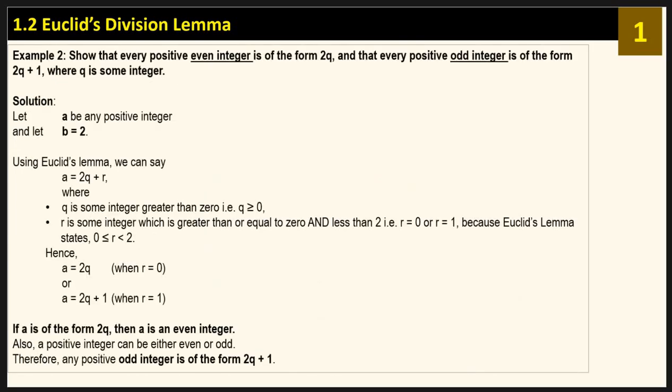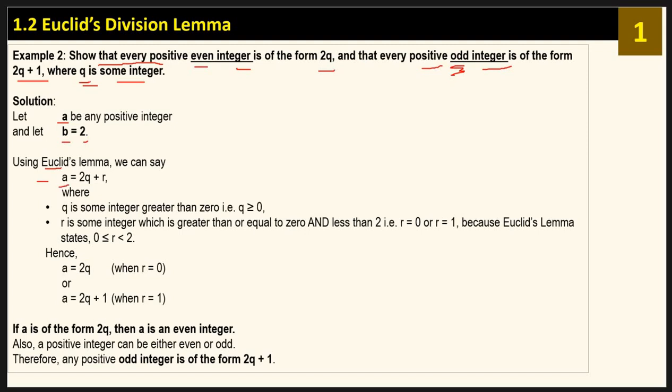Let's now get to example number 2, which is to show that every positive even integer is of the form 2q, and every positive odd integer is of the form 2q plus 1, where q is some integer. So to start solving it, let us assume a to be any positive integer and let b be equal to 2. Now using Euclid's lemma, we can write